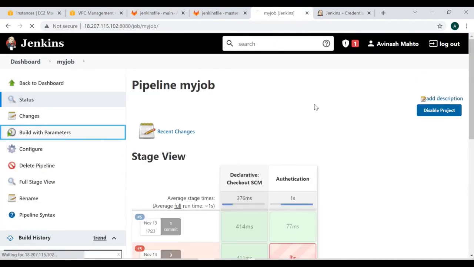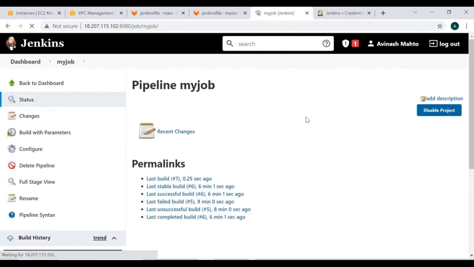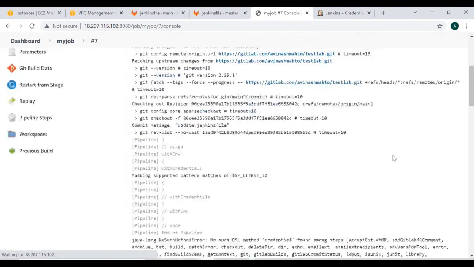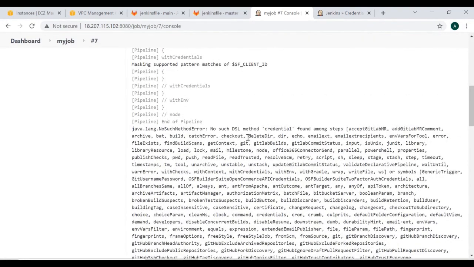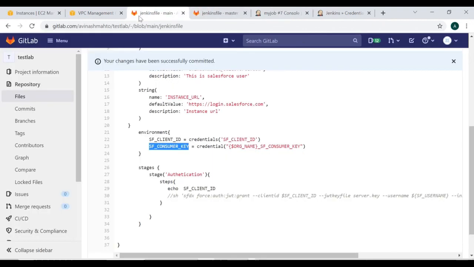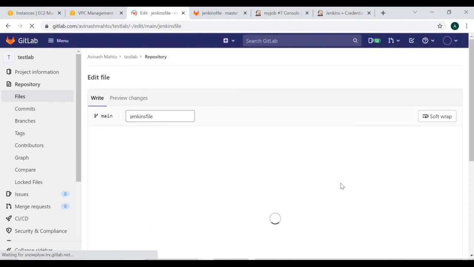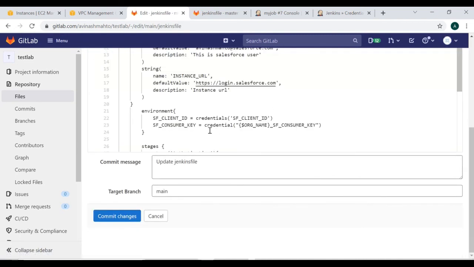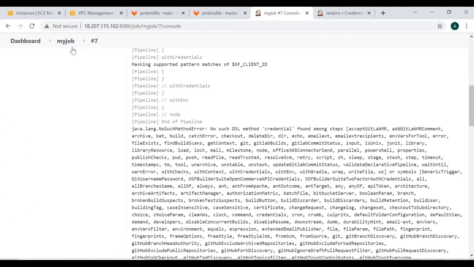Let's run this. Let's suppose that we are going for the Dev environment. There is no such method. Okay, so there is an error in credentials here. The credentials spelling is wrong. Let's run it.